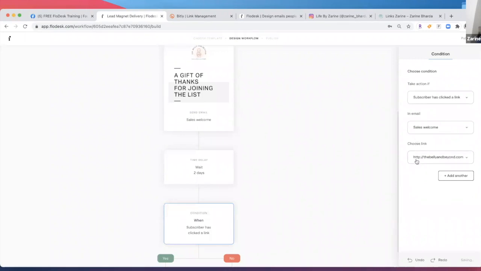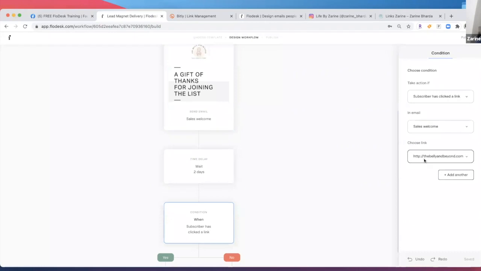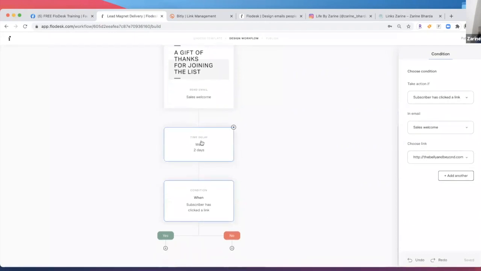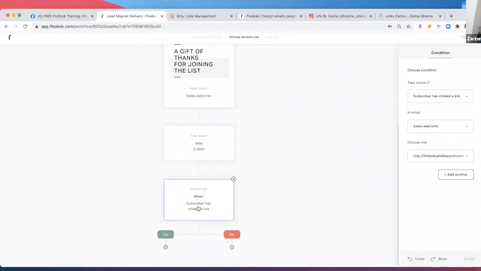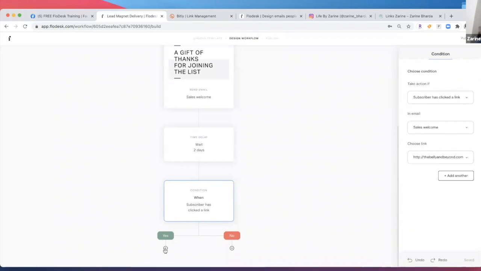For example, if you had the download, you would select it in that email. In this sales welcome email that you have here, the link that they clicked on would have been that download or whatever link you have as your offer. Choose it as that link and say within 2 days, if they click on that link, then